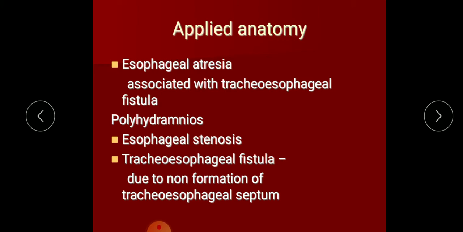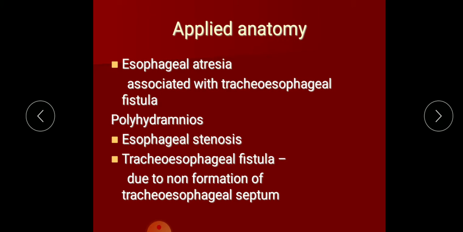That is a normal process. The fetus will swallow this amniotic fluid so as to maintain it as normal. Once this swallowing process is not there, you find polyhydramnios. Not only esophageal atresia, you find it in duodenal atresia. All these things will be associated with hydramnios. And this esophageal atresia will be very commonly associated with tracheoesophageal fistula.